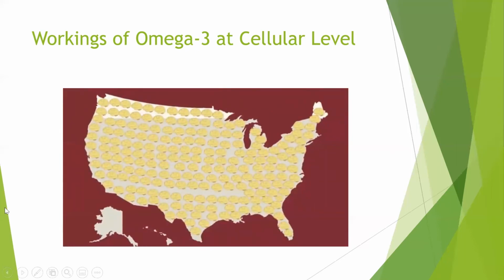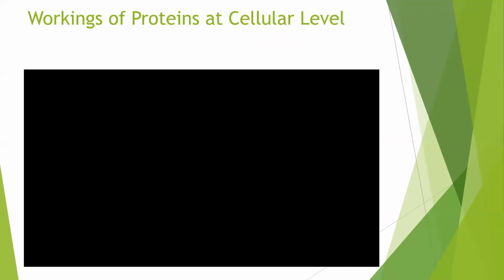Okay, so this video, small clip, explained how omega-3 works at a cellular level. And this is just one minor function, allowing the nutrients to go inside the cell and waste going outside the cell. But can you imagine if that waste does not go outside the cell? Have you heard people talking about toxicity? I want to remove toxins from my body. It's all those basic nutrients, proteins, vitamins, minerals, which have the capacity to actually control the toxicity of our body. Very, very important. So it was a great video here of omega-3.